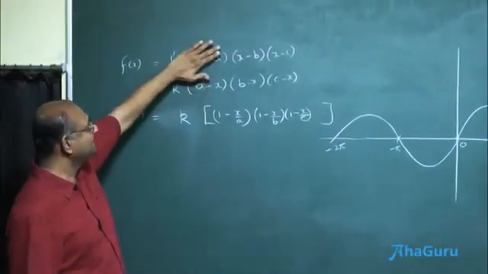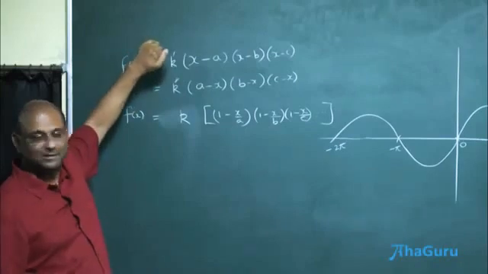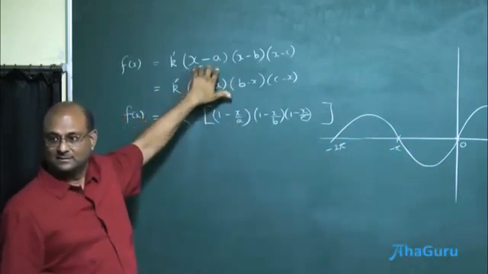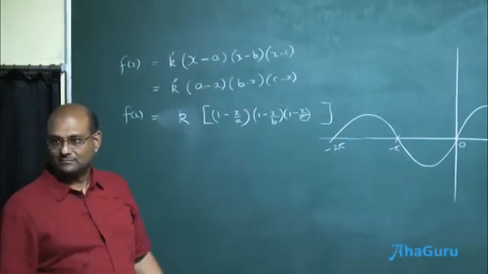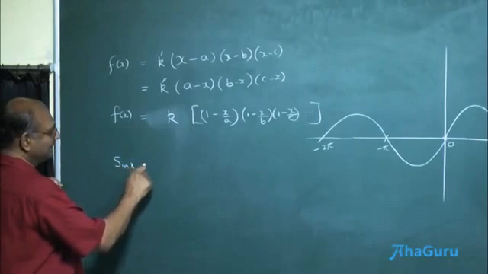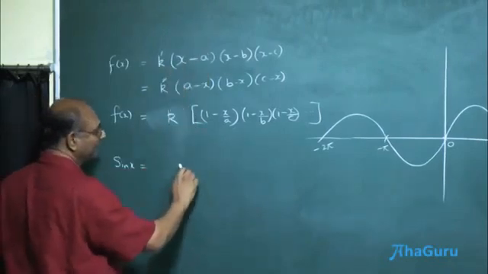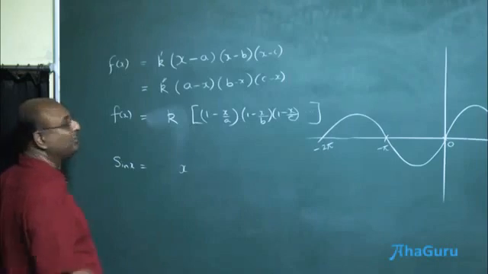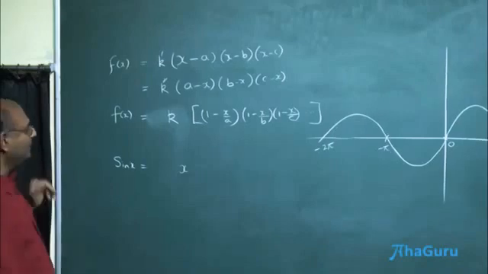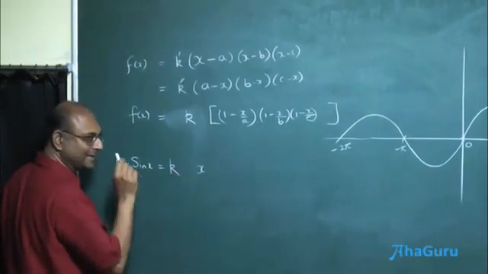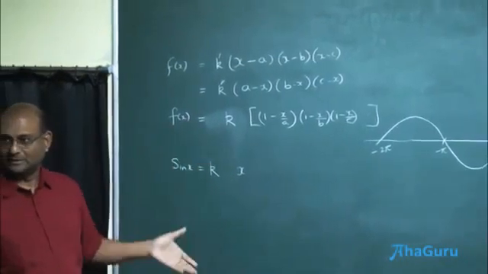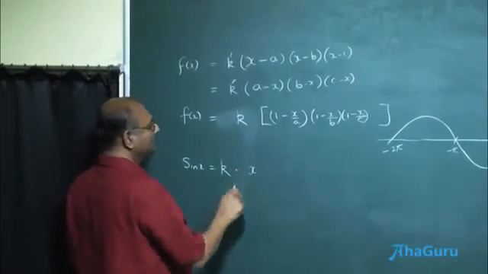Okay, but let us take the first term alone and keep it aside. So if you leave the first term for sin x, it should have been x minus 0. So call that x. So sin x, if I wanted to expand sin x, the first term I am just going to call x, because otherwise if I write it as 1 minus x by a, it will end up in lots of trouble. So it is going to be some constant times, now this is an assumption, that you can write sin x as a product of 1 minus and so on. It's a polynomial expansion kind of possibility.